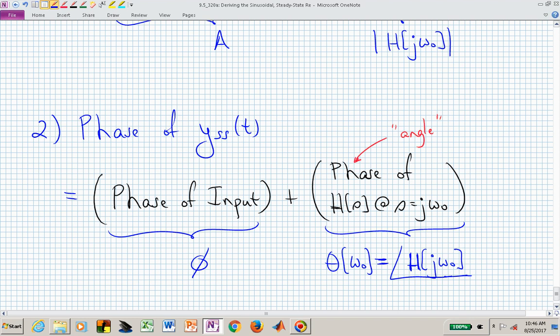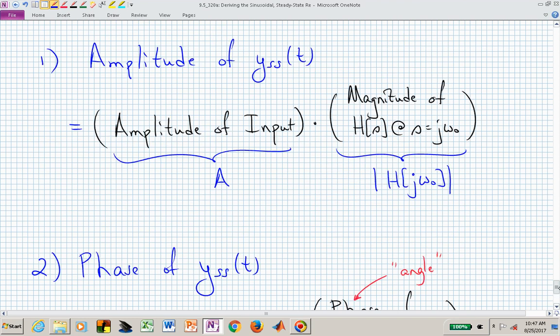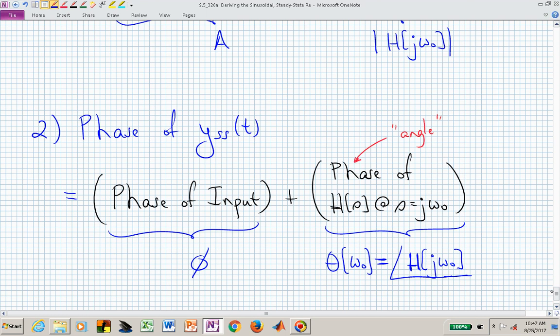So if we want to find the sinusoidal steady state output due to an input sinusoid, we simply evaluate the transfer function at the excitation frequency. That produces a complex number. We find the magnitude of that complex number. That gives us how the amplitude is changed. We find the angle of that complex number. That tells us how the phase is changed. And that is a very powerful tool to know how the system is going to perform or shake when excited by a particular